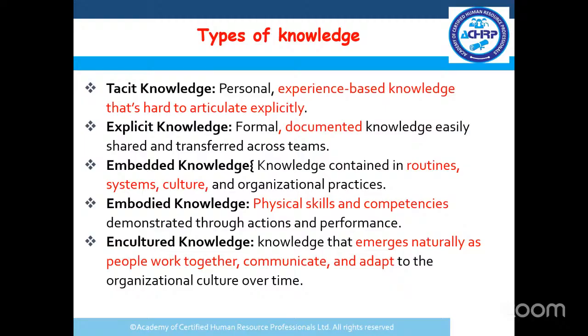Secondly, we have explicit knowledge. As you can see from the highlighted word, this is documented knowledge. And when knowledge is documented, it is in the form of 1, policies, 2, manuals, 3, SOPs, which are standard operating procedures, or 5, it could be strategic plans. These are formal in nature because they form part of the formal day-to-day organizational operations. This knowledge is usually stored in our databases or knowledge repositories where people can access them at any time, depending on the level of